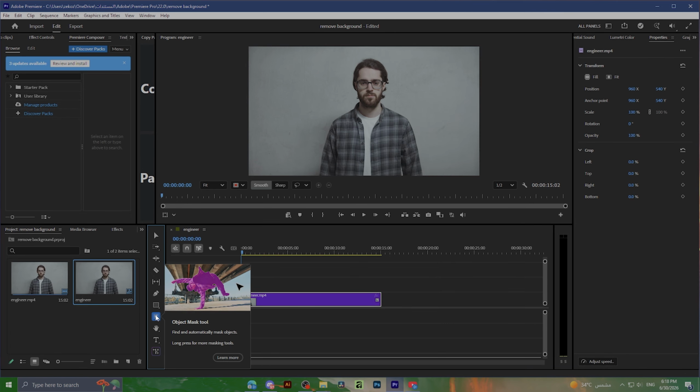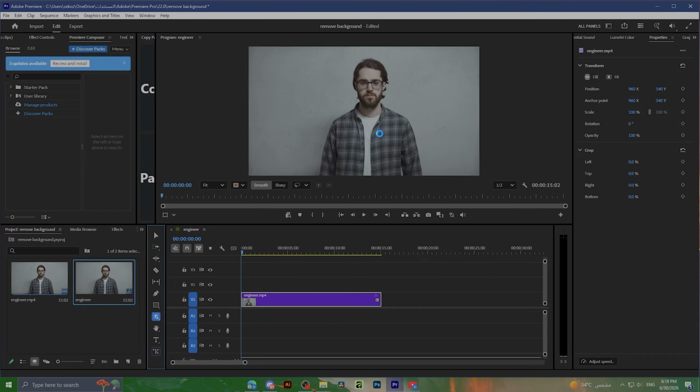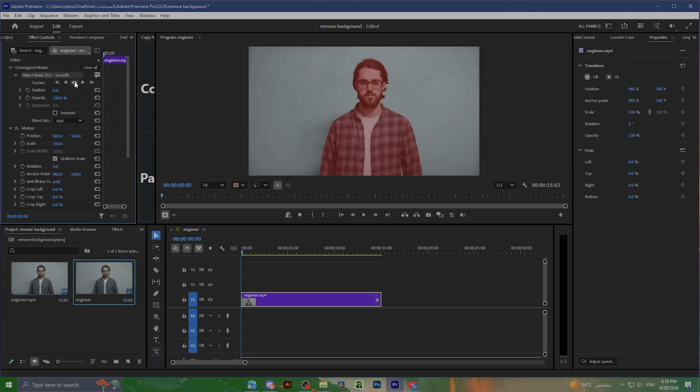Object Mask tool, select it, then go and click on the object that you want to track or the object that you want to select or you want to remove the background from it. So I'm going to select this man right here, just like so. And now what you should do is to go to Effects Controls, then go and click on